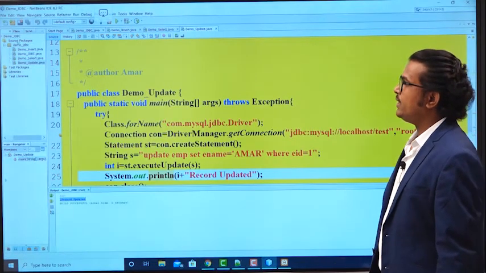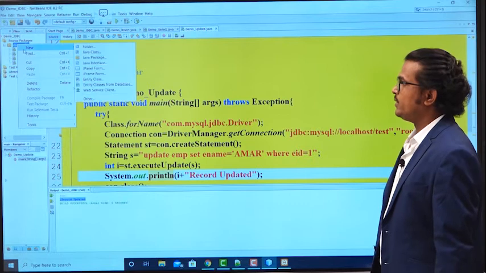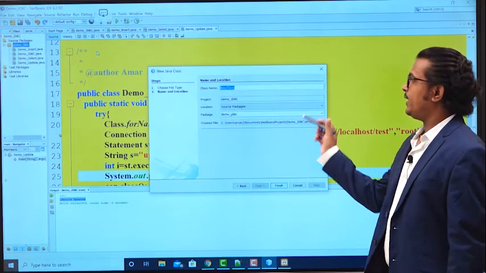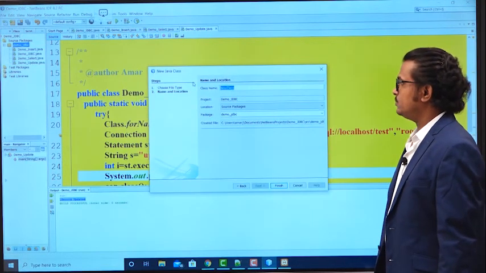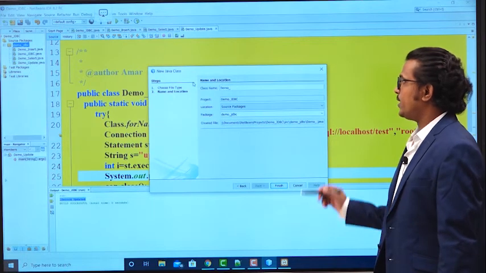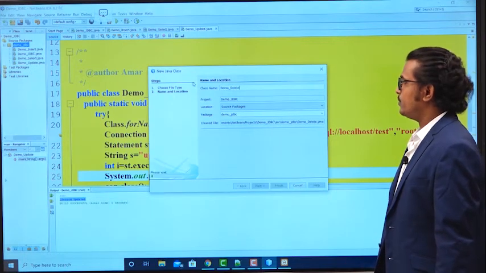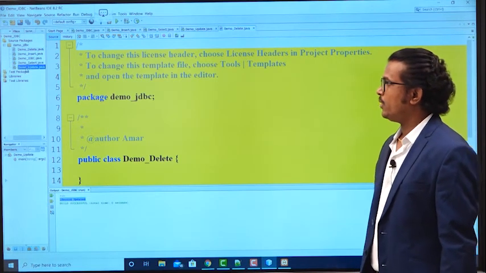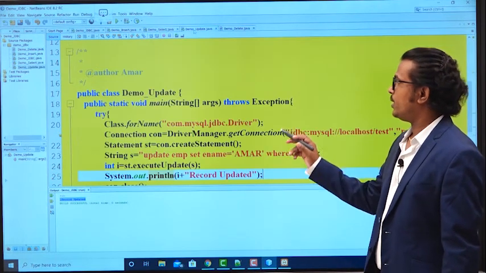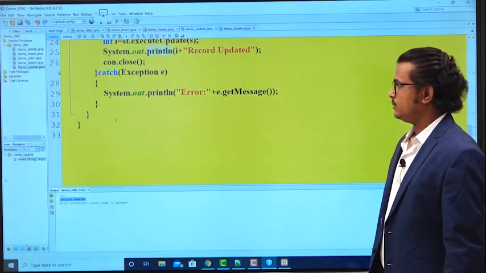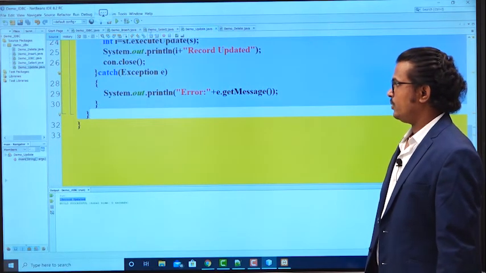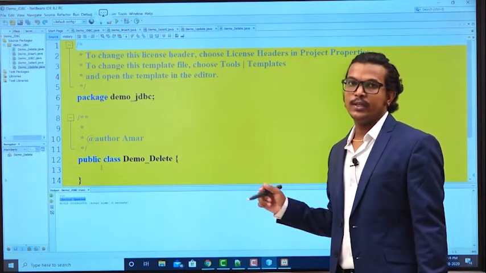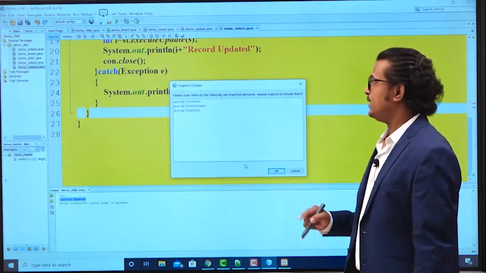Next we'll see the deletion operation in JDBC. Same thing, create a class demo_delete. You just copy and paste the program from the previous one. You only have to change the one query, that is the deletion query.